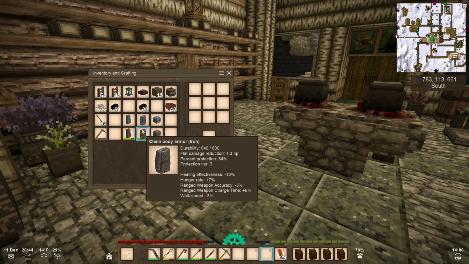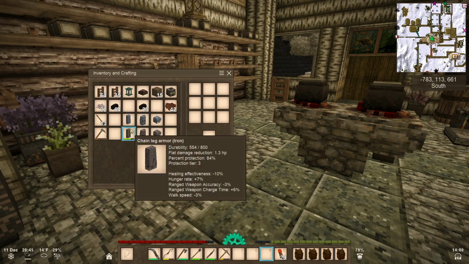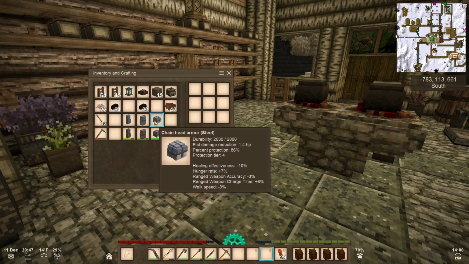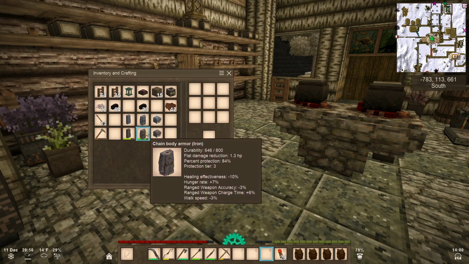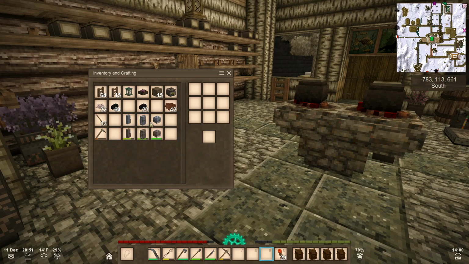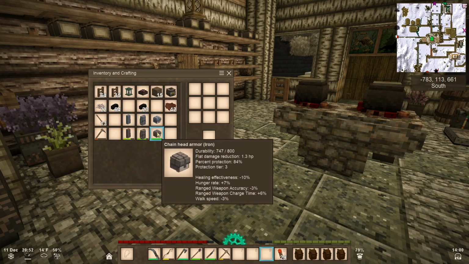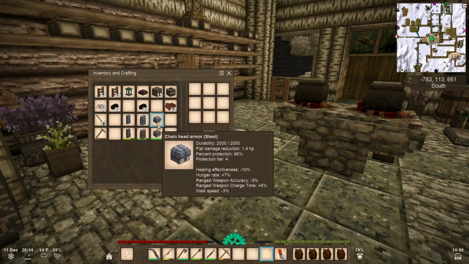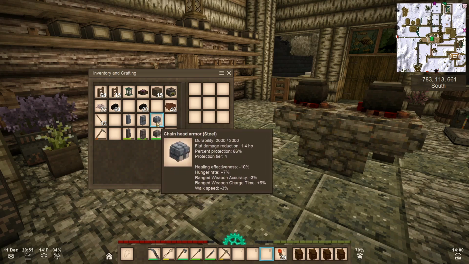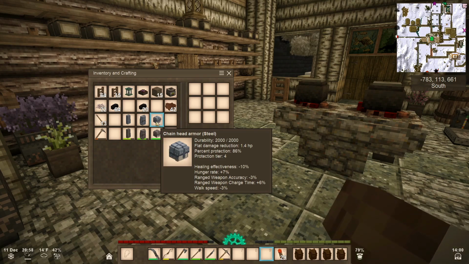So you got 800 originally across the board. Jeez. Flat damage reduction for iron is 1.3. Well, not a big bump, 1.4%. Protection, again, not a huge change there, 2%. Tier wise, well, it's just 3 to 4. Wow, and none of the penalties are any different, are they? Okay. Well, it's not a huge...